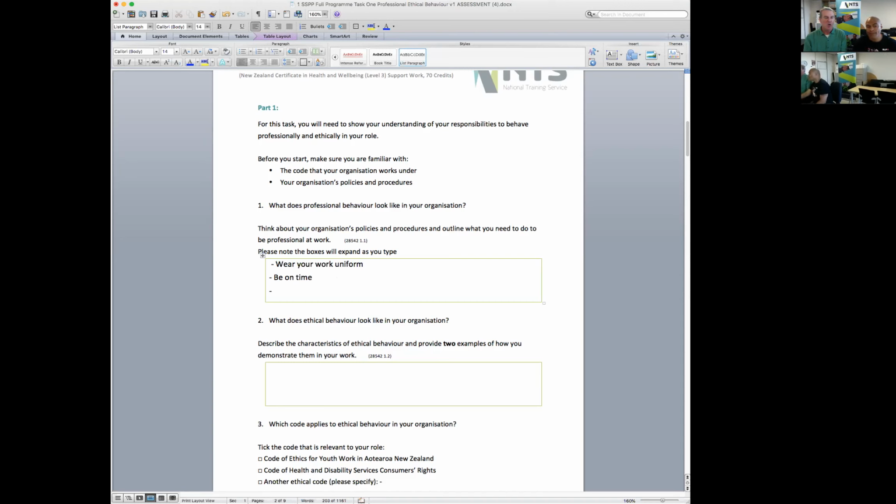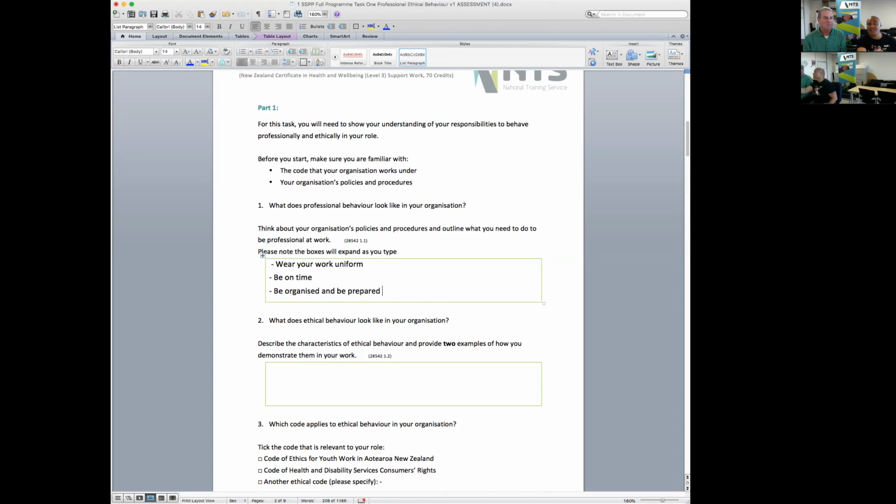You need to be organised. You need to have all your resources with you. You need to have all your clients' case notes with you, and you need to have read those case notes so you know who you're meeting. So being organised is part of being professional. Okay, so those are three things: be on time, be organised and be prepared. The last thing you'd want is to turn up and pull out the wrong case notes with the wrong person's name on, which would be like having no case notes at all. Right. And you've probably all worked with people who are always late, and that drives the clients crazy. It drives the managers crazy, and it drives the people that are working around you. So it's unprofessional. This is what we're talking about.